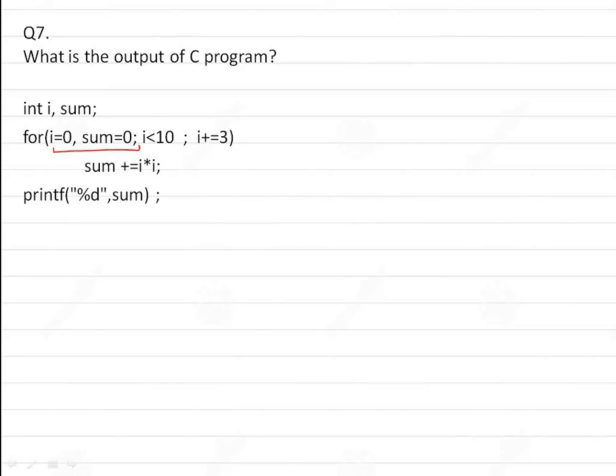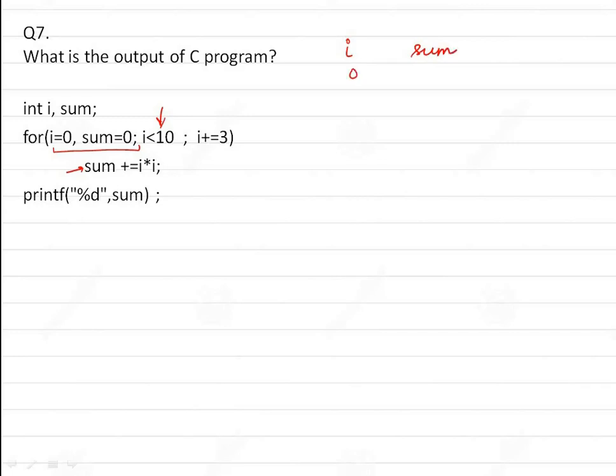We simply need to take care that the test expression is dependent upon i, so i will control the execution of the loop. Sum is just another variable, just like your normal variables, and it is simply used in performing this calculation: sum is equal to sum plus i into i. Okay, so let us write these two variables. This question was of the fill in the blanks type. I have not provided any options with it, so you have to run this entire code, calculate the value of sum, and finally fill in the blank with it. So we have two variables, i and sum.